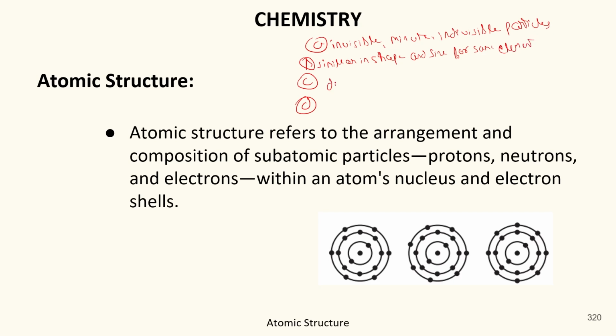Thereafter, the third point was different shape and size for different elements. And the fourth point was that atoms cannot be created, destroyed, and transformed. So these were the 4 points made under the